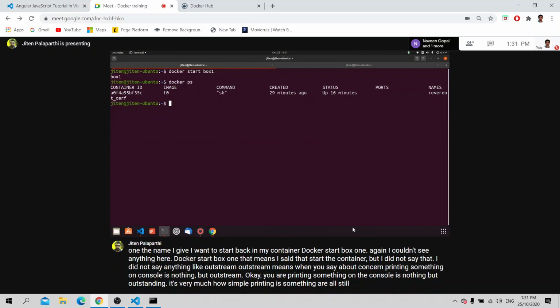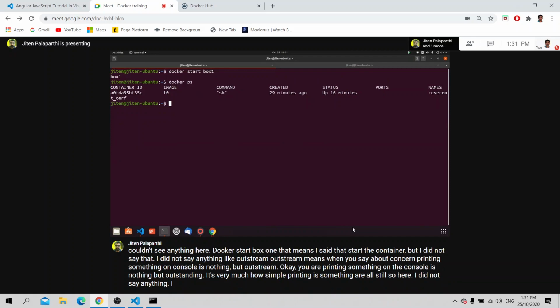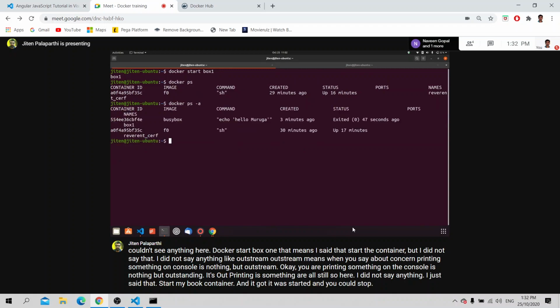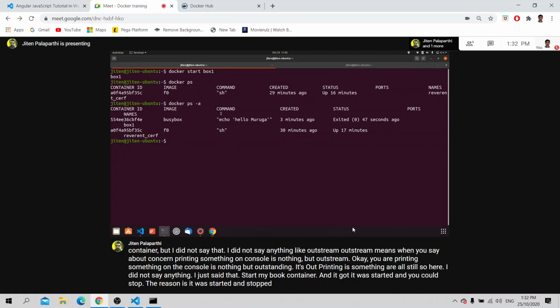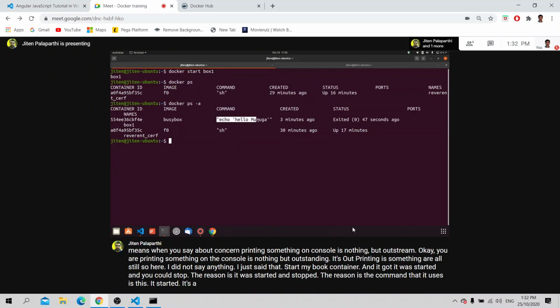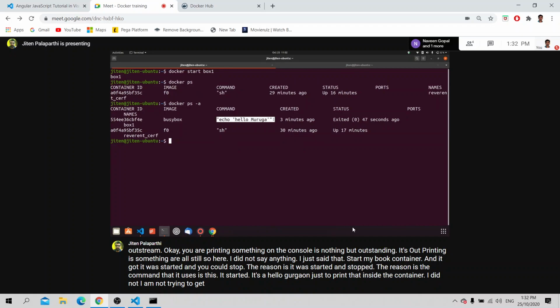So here I did not say anything. I just said start my container, and it was started and then stopped. The reason is the command it uses is echo hello Durga, which just prints that inside the container.